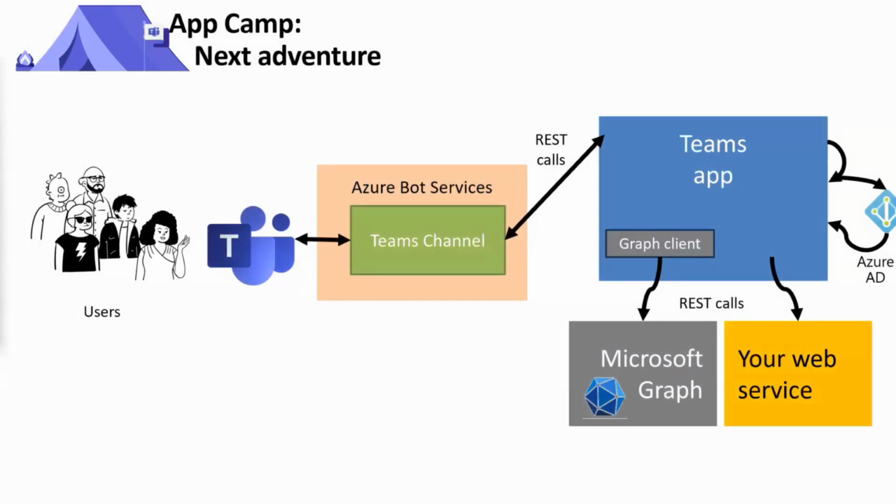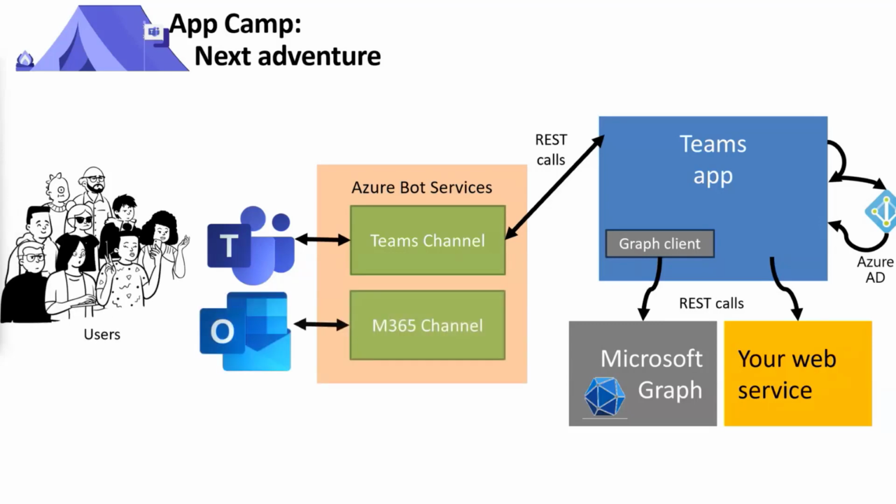So the way this works, just a little bit of a briefing here, is that for message extensions, you need real-time communication from Teams, where somebody maybe clicked a menu item, and you need to immediately get to your app and wake that app up. And it's got to be secure, and it's got to be fast and real-time. For that reason, they use the bot framework, which is already great at delivering real-time secure messages. And you use the Teams channel for your users using Teams to call your app, which then turns around and calls the web service. And we'll look at some of the code for this.